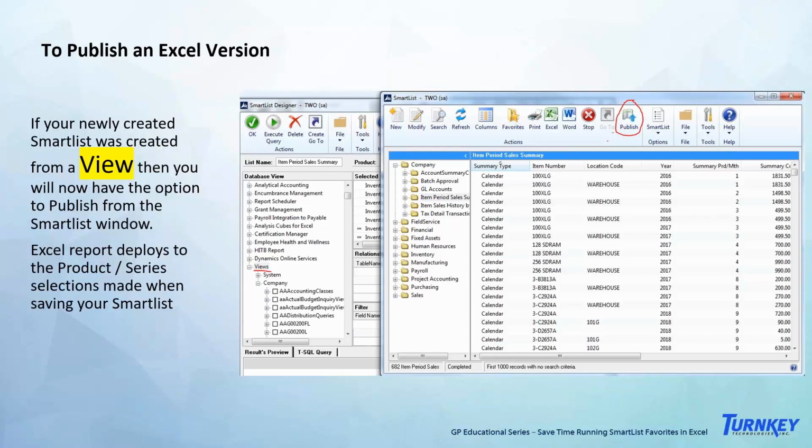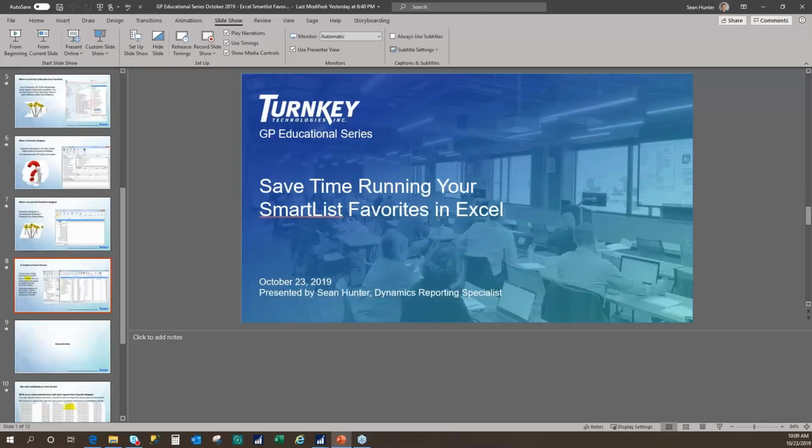So what I'm going to be walking through is just kind of the nomenclature, what it is, and how it works. But in order to access that Publish button that we see in the upper middle of the screen there, you have to have these things based upon a SQL view. So we're going to walk through that now. When you're in SmartList Designer, if we scroll down at the bottom left of that database view, you'll see a Views section that you can expand, and the best place to start is to expand that and go underneath company. So let's go ahead and hop out of here,